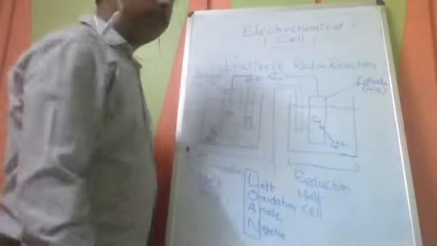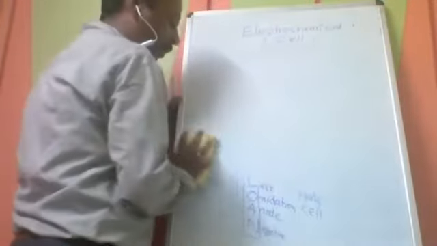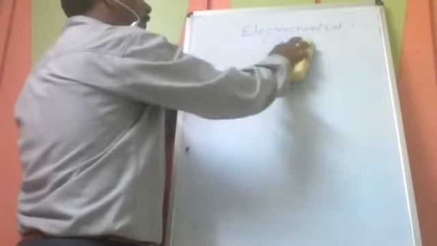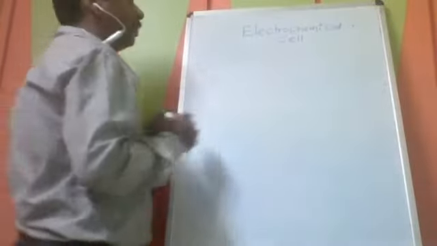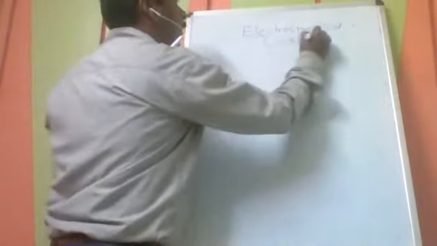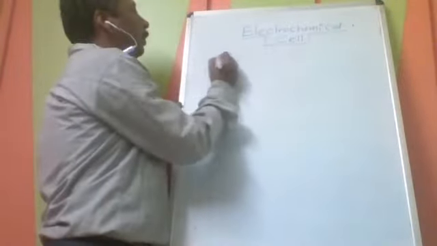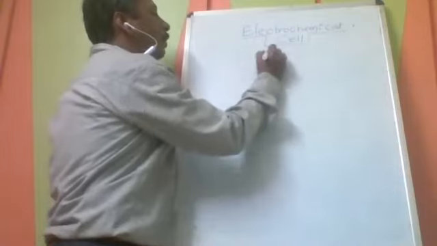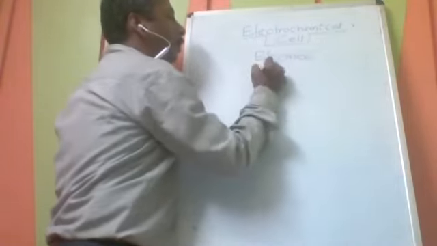Electrochemical cell. So this is construction and working. Whenever there are conceptual questions, you can answer them, but the numericals will be based upon the working of the electrochemical cell. So before starting that, as I told you, there are two electrodes. Out of them, the electrode potential is important. What is important? Electrode potential.